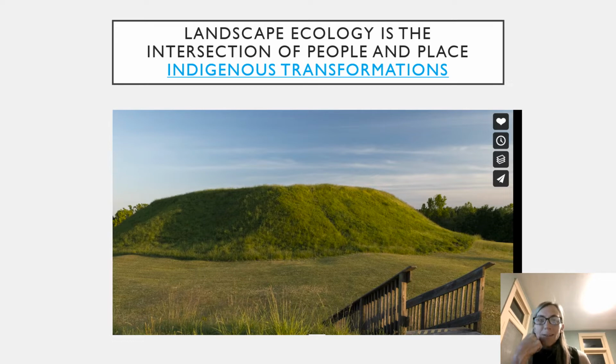So this particular mound is part of Ocmulgee National Park in Macon, Georgia. Its inhabitants, the Muskogee Creek Nation, were the designers and engineers of this mound and many others in that area. I've included here a really sweet video of a project that I've had the chance to work on in the past couple of years to secure some of the lands around the Ocmulgee National Park, and to add that to the protected landscape.